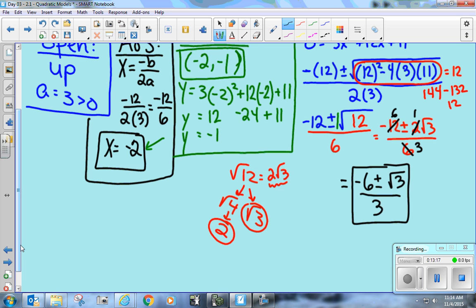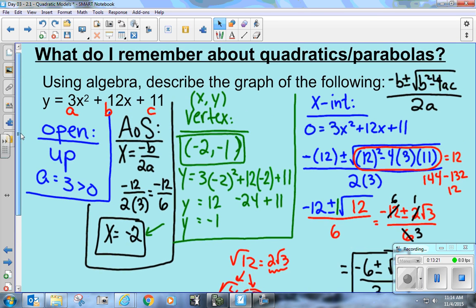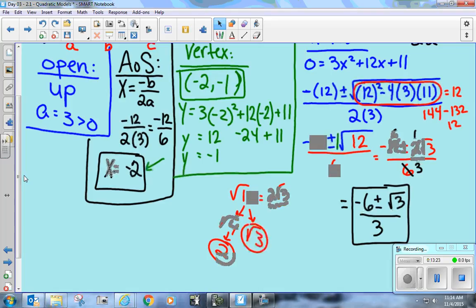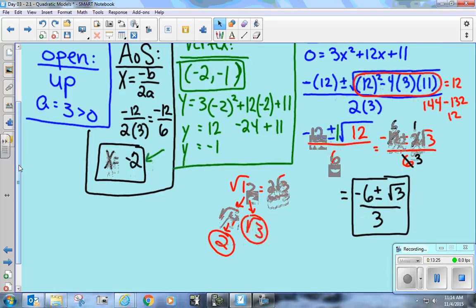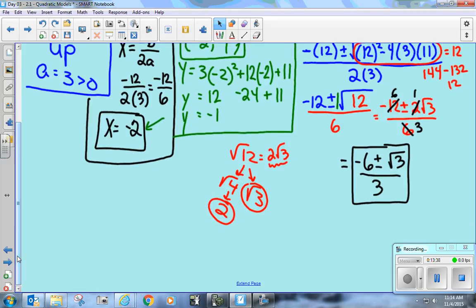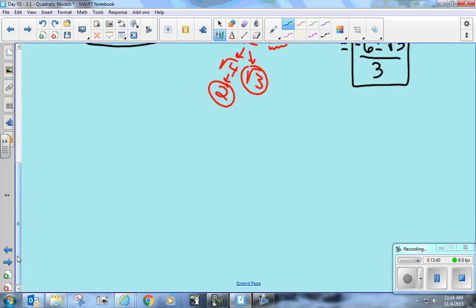Right? So if we really wanted to take a look at what this looked like, when they say describe it, well, it opens up. The axis of symmetry is at x equals negative 2. The vertex is negative 2, negative 1. And it crosses the x-axis at these 2 points right here. Negative 6 plus or minus radical 3 over 3. So, just for fun, if I want to actually graph this,